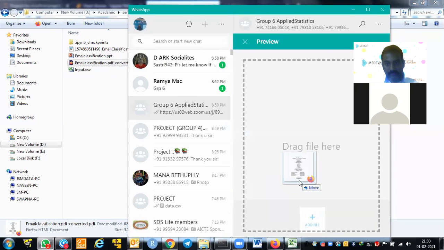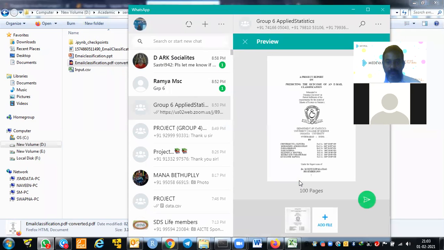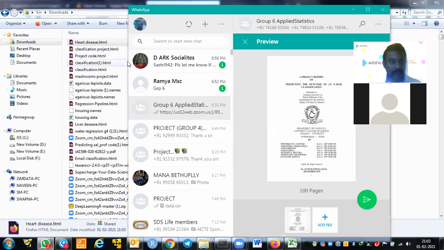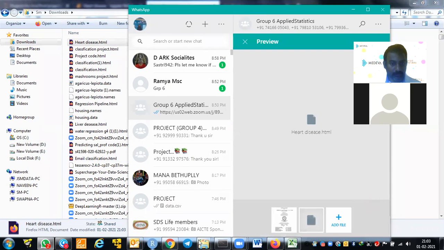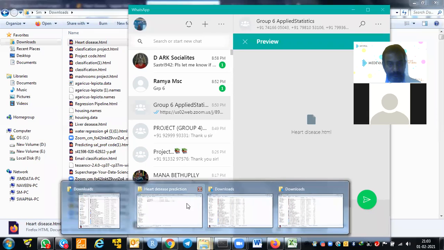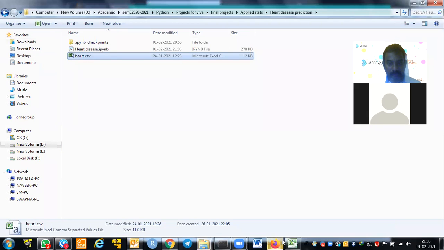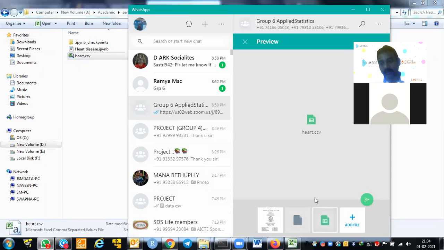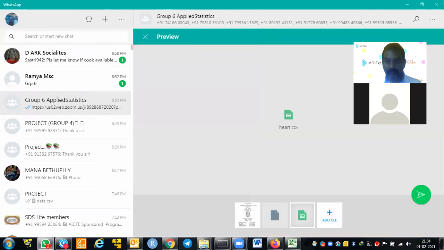This is a sample PDF format where you need to put it. Yours is heart disease, and this is heart disease only, right? This is your code, and this is your input data. Now you need to use this PDF format, take outputs from this format, and prepare your thesis in PDF and also do the PPT. Understand?